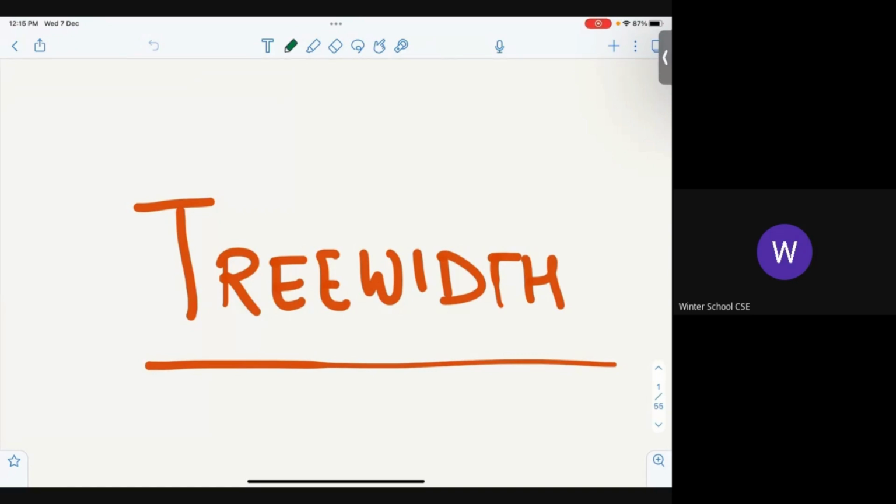Now we will talk about Treewidth. I was told by lots of people, why am I teaching this at all to this school? I mean, it sounds a bit complicated. So I thought, okay, I had lots of slides, but I still decided that if it is so difficult, I have to try to do something a bit different and see if I can make it accessible.